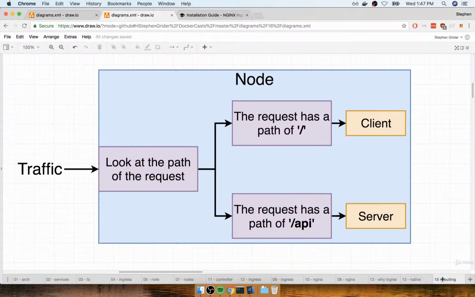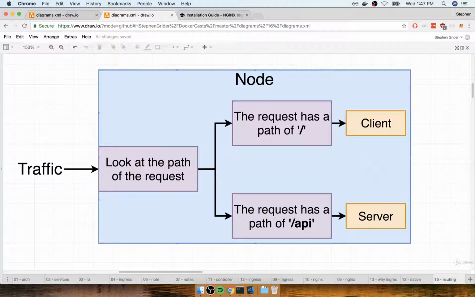So if you recall, back on that project, we had said that anytime we had some amount of incoming traffic, we looked at the path of the request. And we had said that if the request started with /API, we were going to automatically send that request off to the server. Otherwise, we would send the request off to the client, assuming that it needed to access some of the client-side resources. So we're going to set up an Ingress config file right now that's going to implement